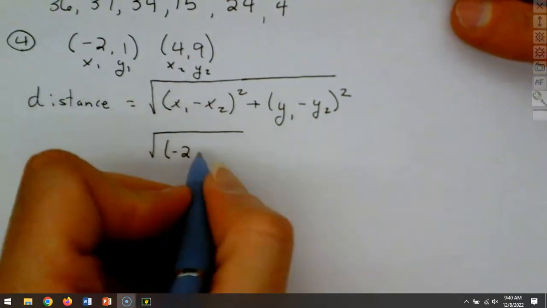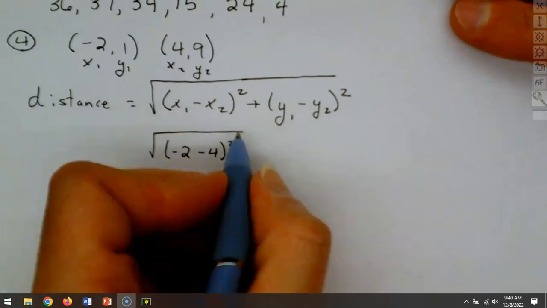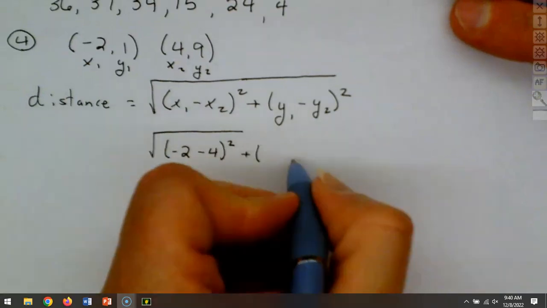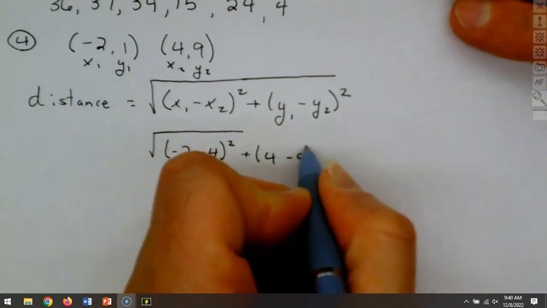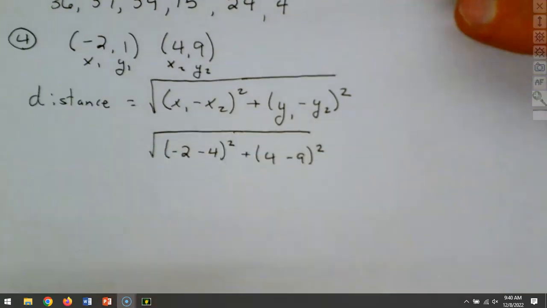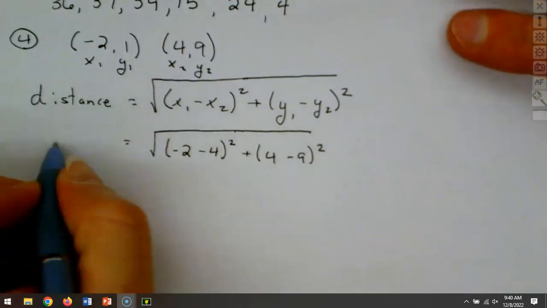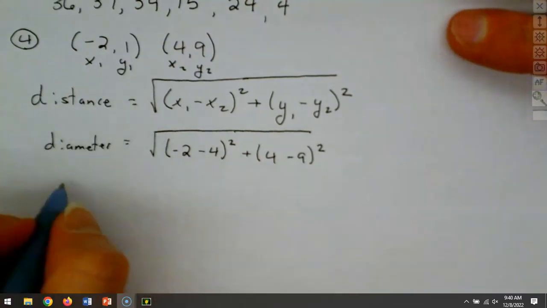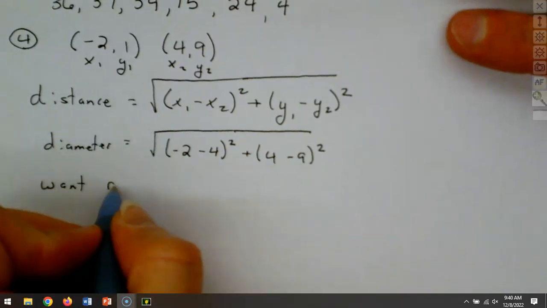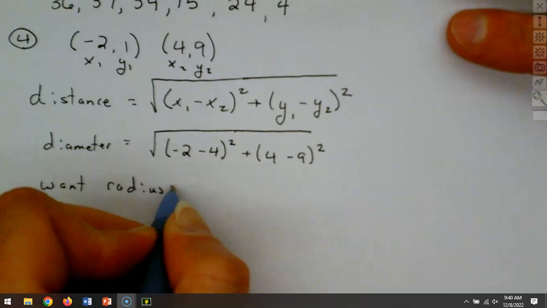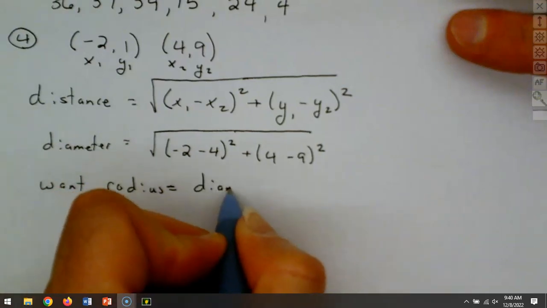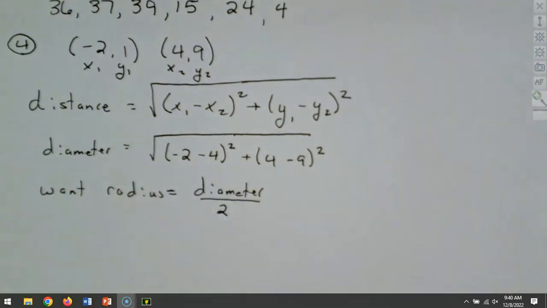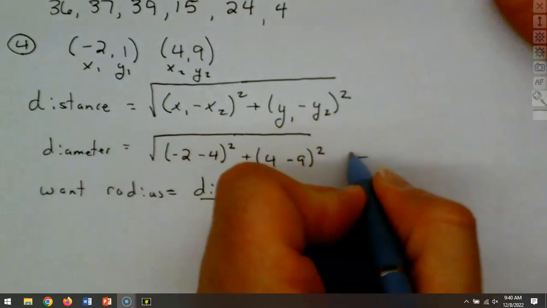I think when I worked it out in the answer key for the practice exam, I found the center first and then used it with one of the points. But this is the same answer. Okay, and this is going to give us our diameter here. So this is our diameter. And when we find that diameter, we want the radius. And radius is going to be the diameter over 2. So what will you need to do? Okay, you're going to have to finish this out here, break it down,